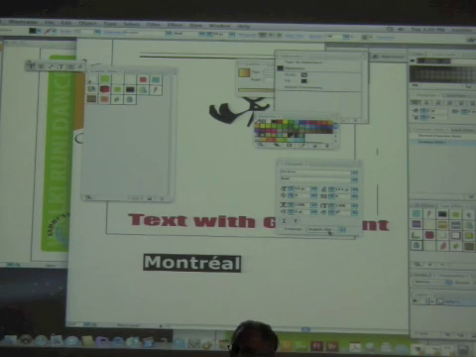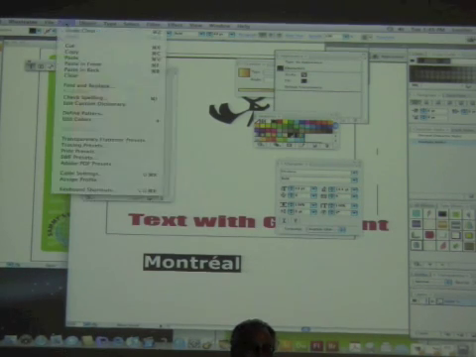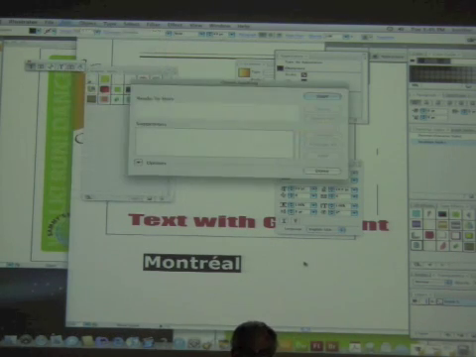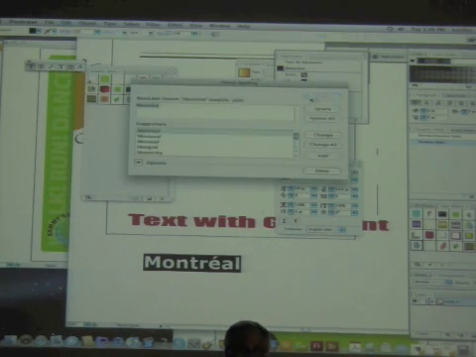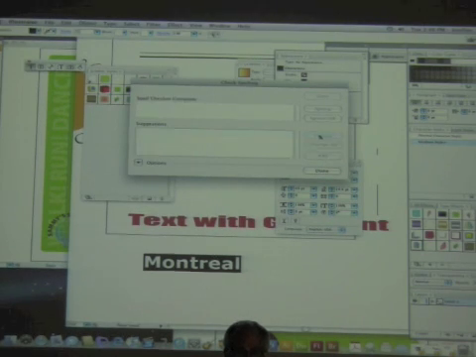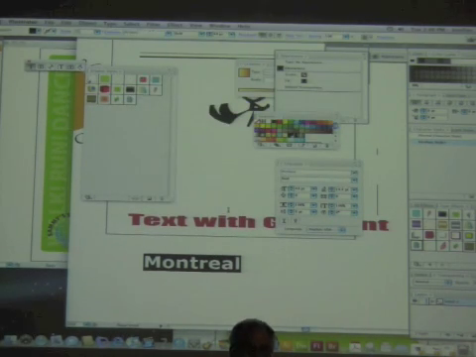Remember, I switched the language from French to English, and now let's go to Edit. Let's select spell checking again, and let's select Start. And now you'll notice it doesn't like the way Montreal is spelled. It has an accent over the E. It suggests that we use Montreal without the accent. In English, it wouldn't have an accent. So either way, depending on what language you select,